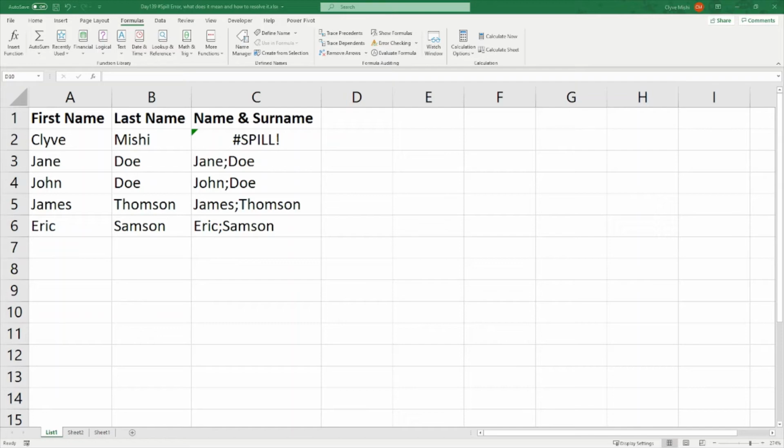This is day 139 and today I'm looking at the spill error. So I've received a lot of questions on why do we get spill error or what does it mean? So the spill error, usually you get it when you have an array formula which is supposed to populate an